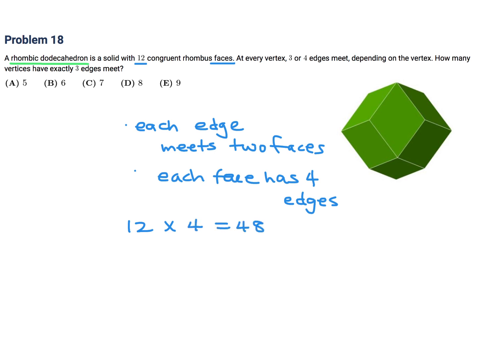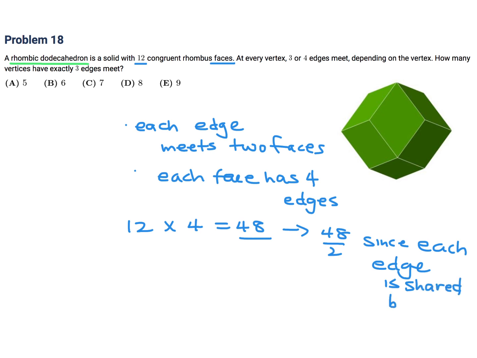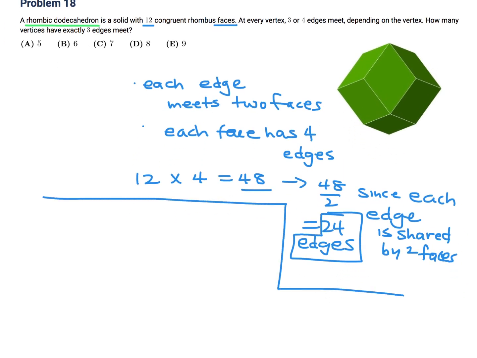But each edge has 2 faces, so we've got to divide this by 2, since each edge is shared by 2 faces. So that means it's 24. So 24 represents the total number of edges. Yeah. Okay. So therefore, if we look at this diagram again, we have to figure out how many